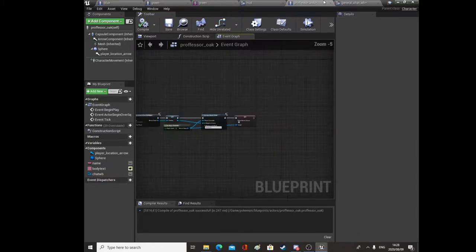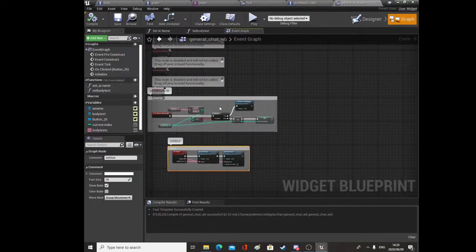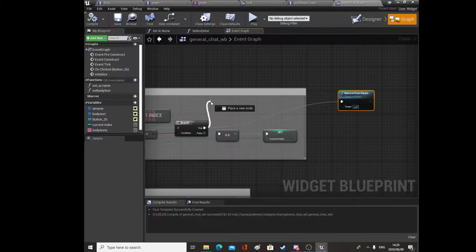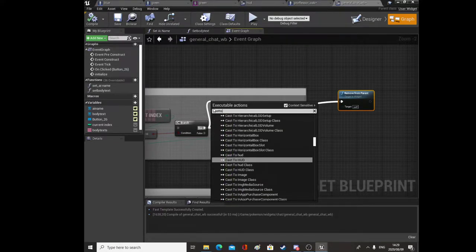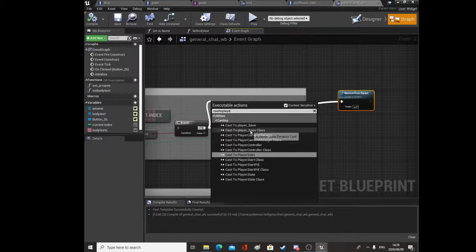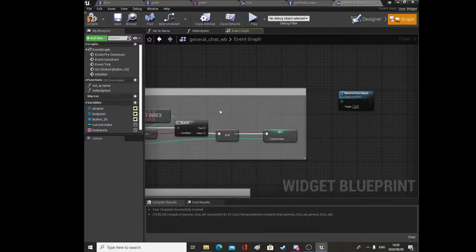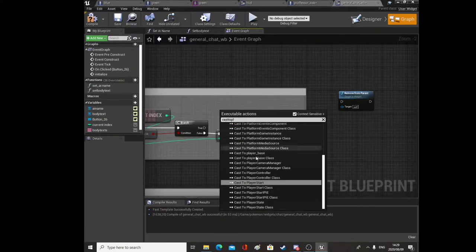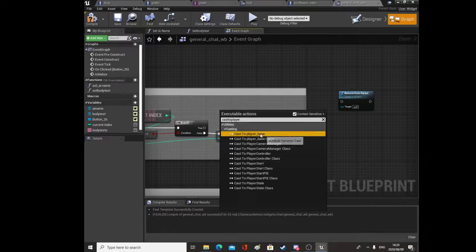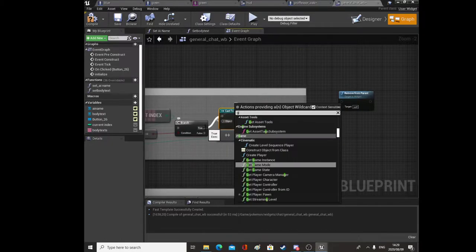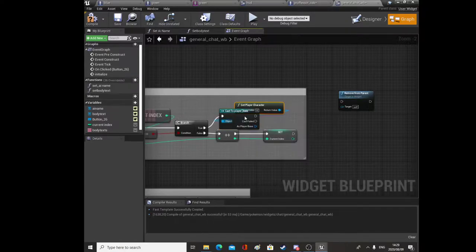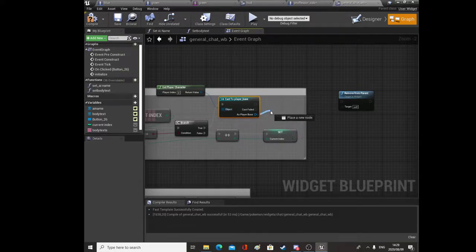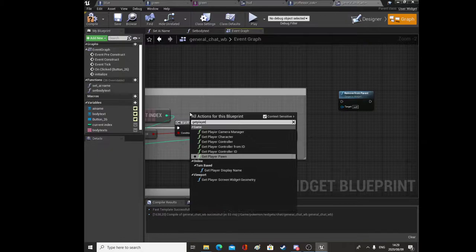Okay, so then we need to go back to the general chat WB, and before we remove it from the parent, we need to actually cast to our player base class. Cast to player base as the object get player character. Now we can just put it up there somewhere, and then what we want to do is... we actually don't need to cast him. I'm so sorry guys, we need to get the player controller, so get player controller